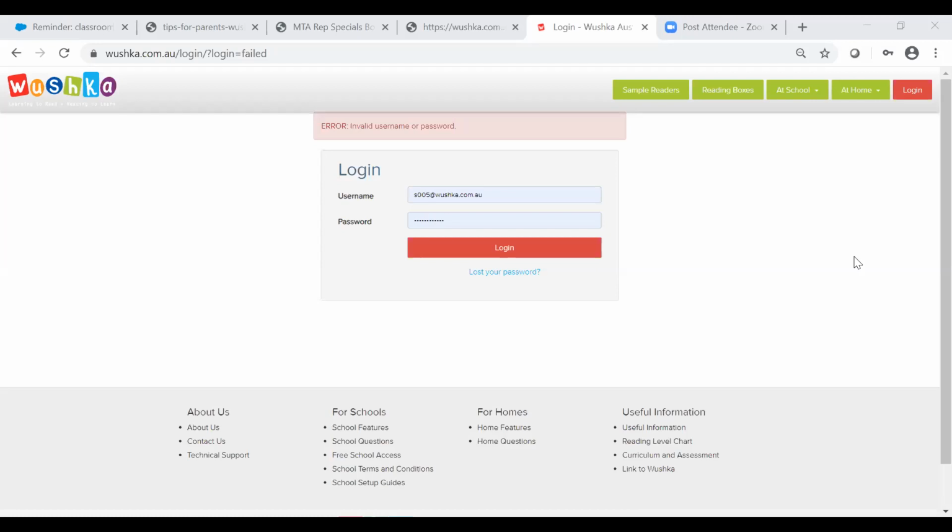So you would have all received a login, hopefully, to activate your Wushka logins. If you haven't, again, contact support@wushka.com. And if you have, you've probably already jumped in and had a little look, but I'm going to start from the login page. You just need to go to wushka.com.au